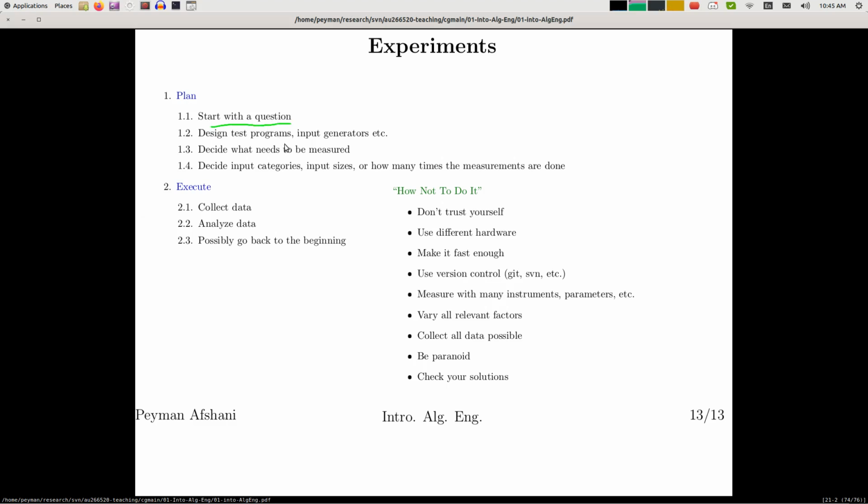So for example, this could be very simple. If you want to run an experiment on a sorting algorithm, for example, the question could be, does this algorithm run in n log n time? Okay. And once you figure out what you want to do, you need to